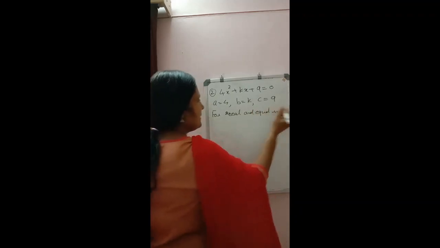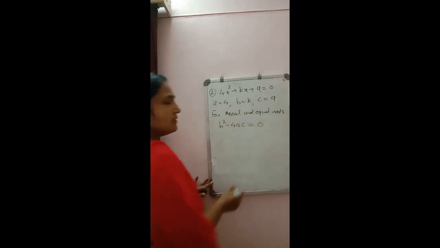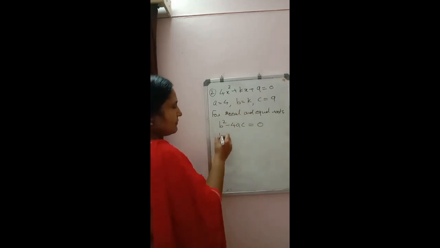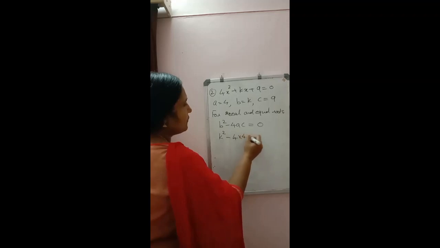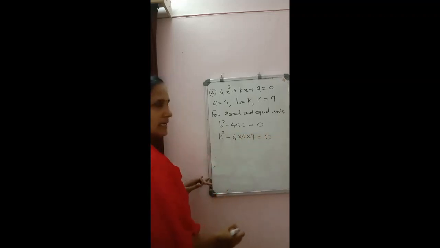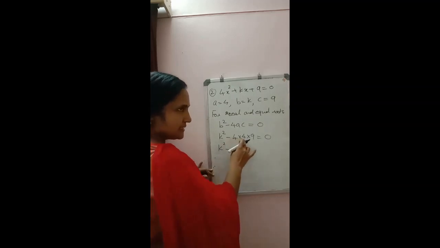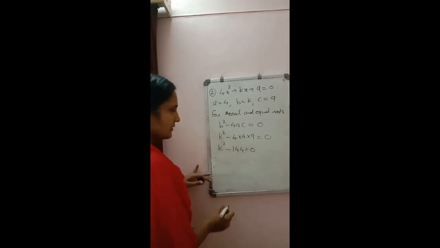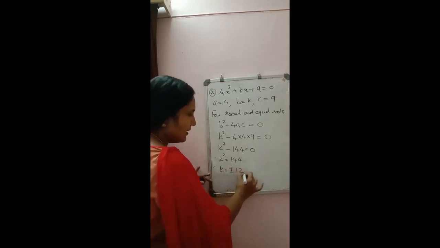For real and equal roots, b square minus 4ac is equal to 0. Now substitute the value there. b square, in place of b we have k. k square minus 4 into 9 is equal to 0. So k square minus 4 fours are 16, 16 nines are 144, is equal to 0. So we will get k square is equal to 144, or we can write k is equal to plus or